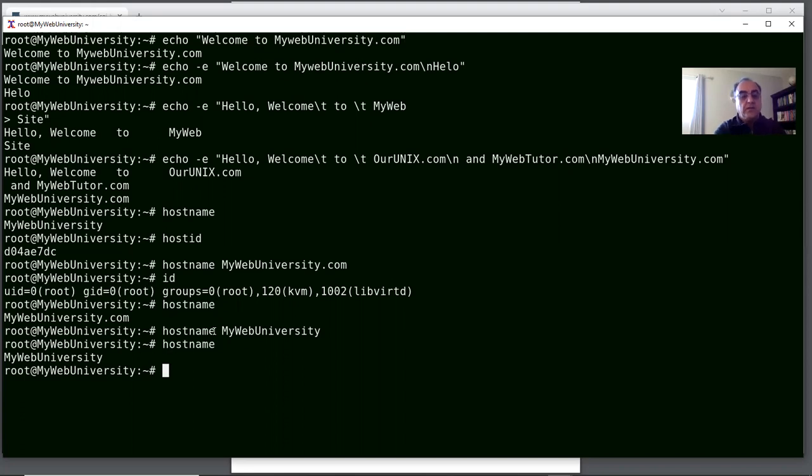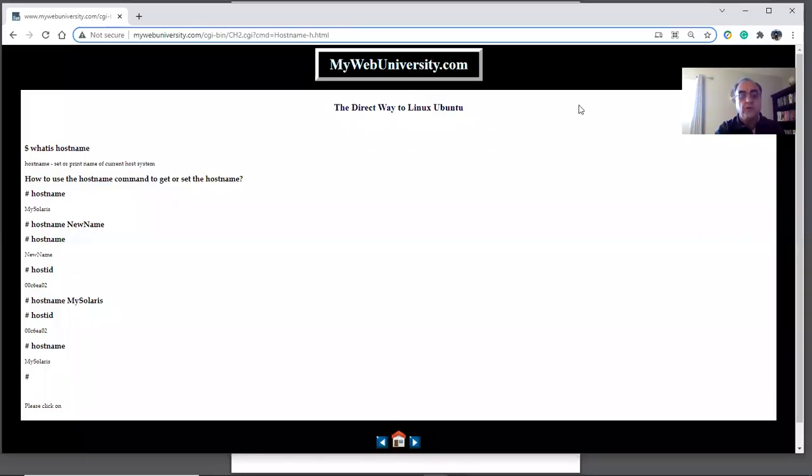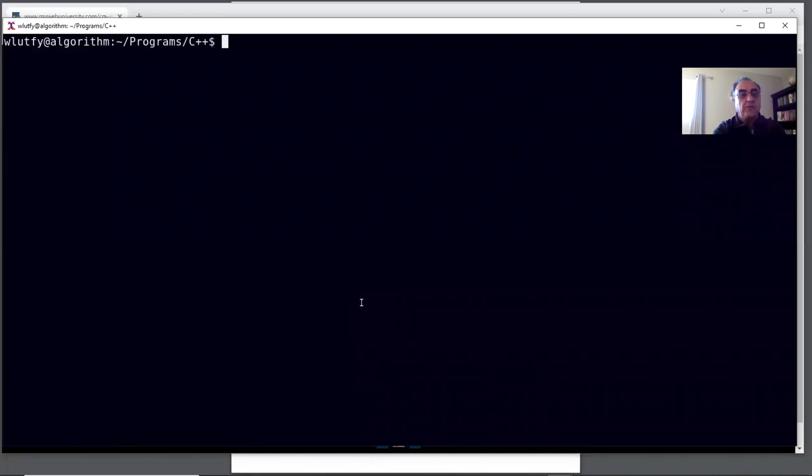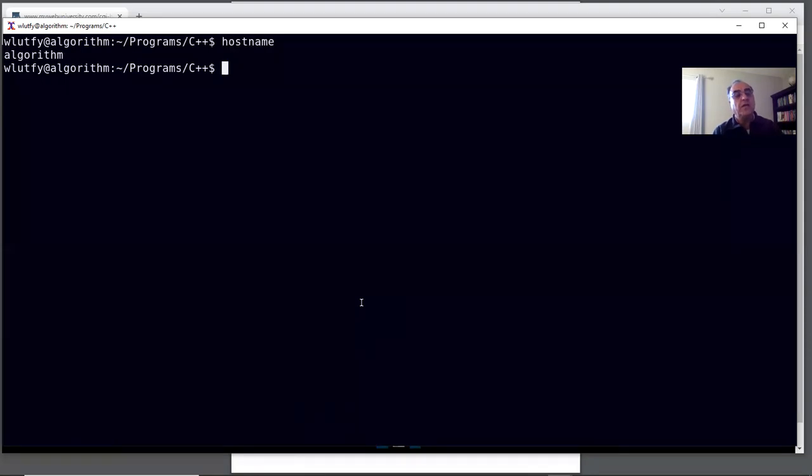So the host ID is just generated based on the host name, and then it's going to be accurate. The host name gives you the name of the host that you're currently logged on to. On this machine, for example, I'm logged on to algorithm, which is my Linux machine that I'm using here,